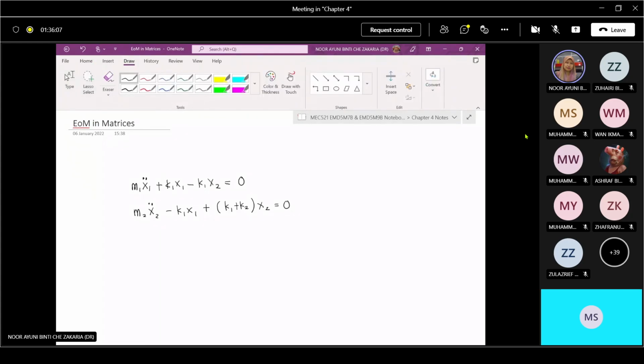This is from our previous example, example 1. So we need to arrange it into matrix. So that particular matrix, this is equation 1, this is equation 2. For 2 degrees of freedom, 2 equations of motion. So it will become